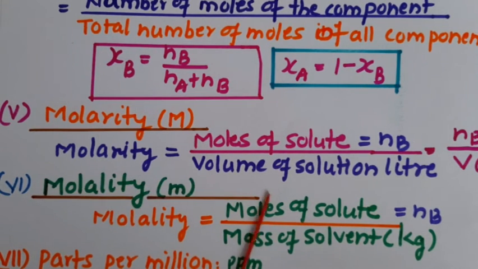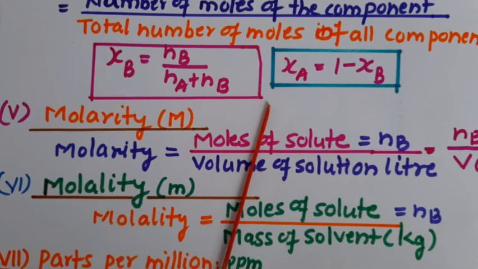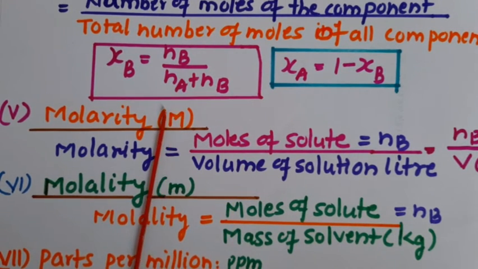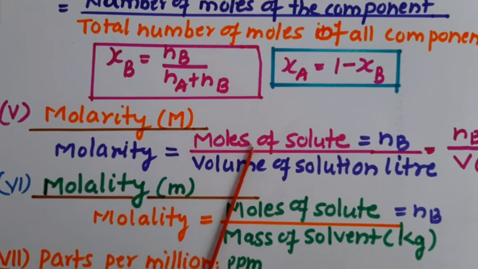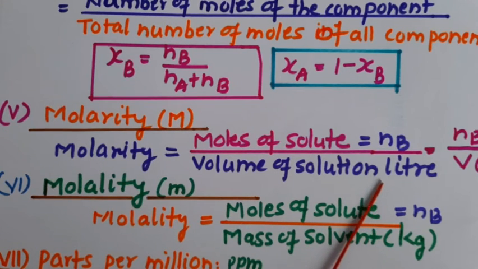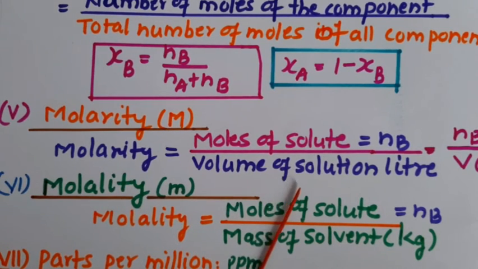Now what is taken in denominator? It is the volume of the solution taken in liter, and since the percentage composition is considered with respect to 100 gram, you have considered the total mass of the solution as 100 gram, and that is why you got the mass of the component B as 20 gram and the mass of component A as 80 gram. So you know the mass of solution in gram, and that is nothing but 100 gram. Now convert this mass of solution into volume of the solution, and if you have to convert the mass of solution into volume, the density should be given, and you know that density is defined as mass upon volume.